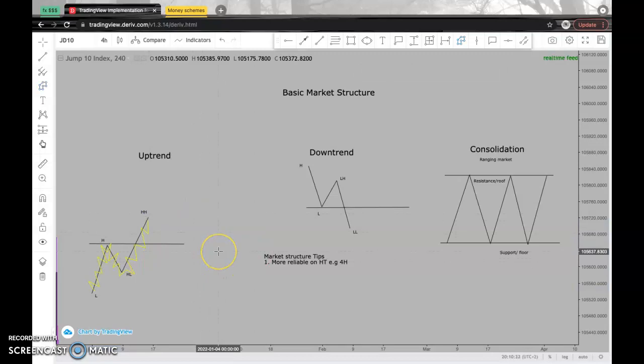So the yellow line would then now represent the 15 minute if the black line here was representing the 4 hour chart. So market structure,